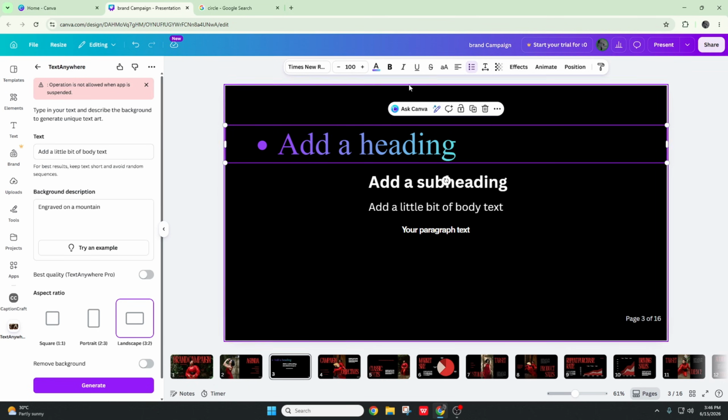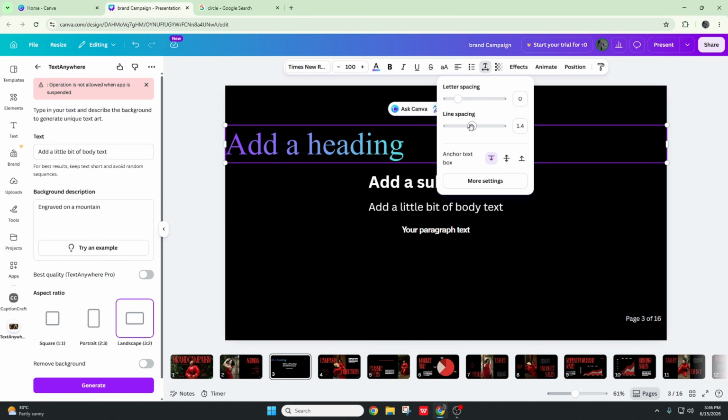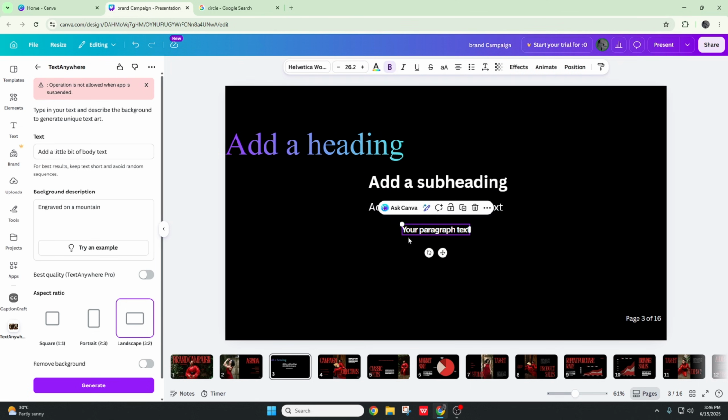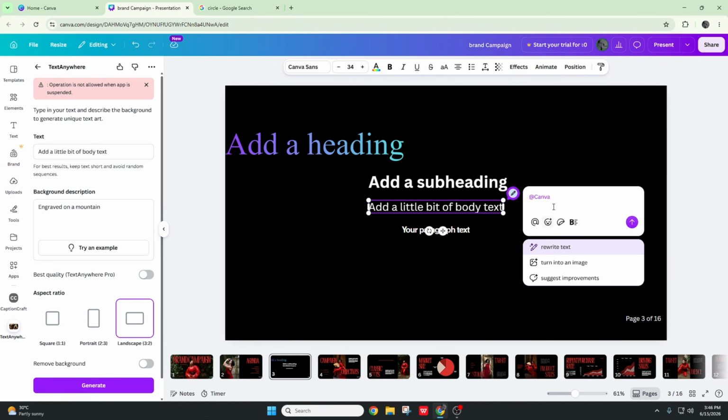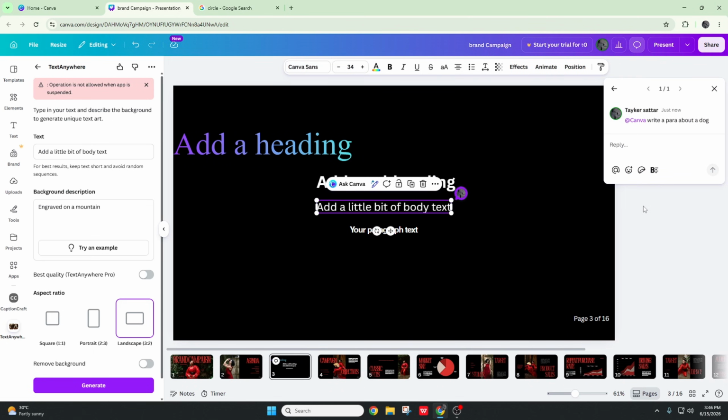Then we have numbers and dots here. You can add numbers and dots from here. And then we have letter spacing and line spacing from here. For that we have to create a letter. Let's say ask Canva to write a para about a dog. So if I tell Canva to write a para about a dog,